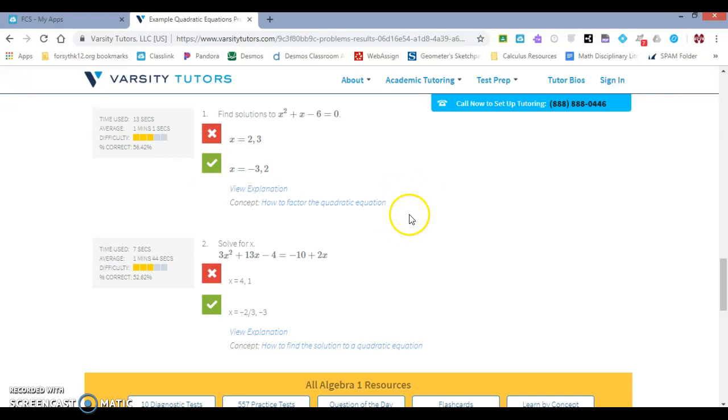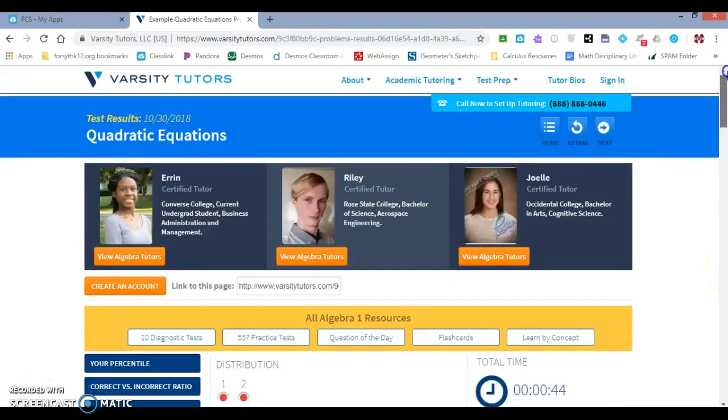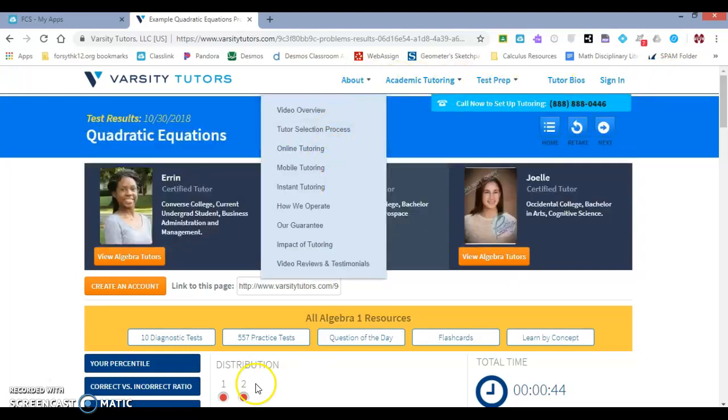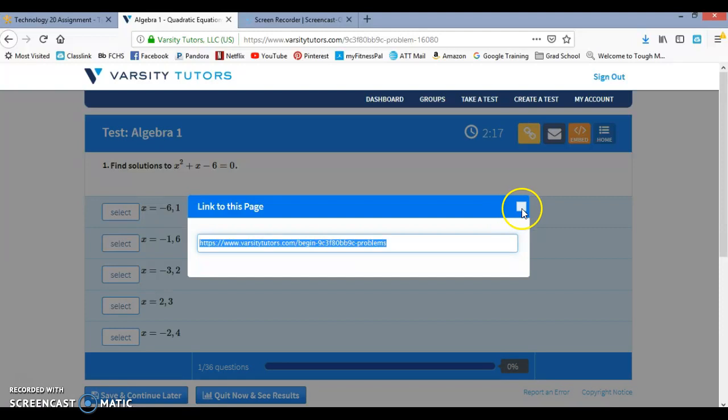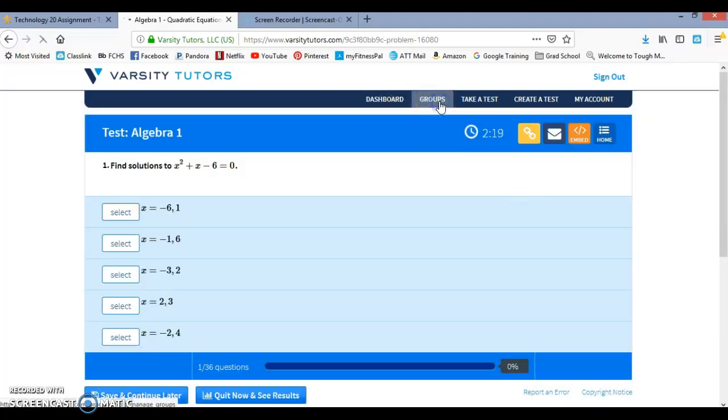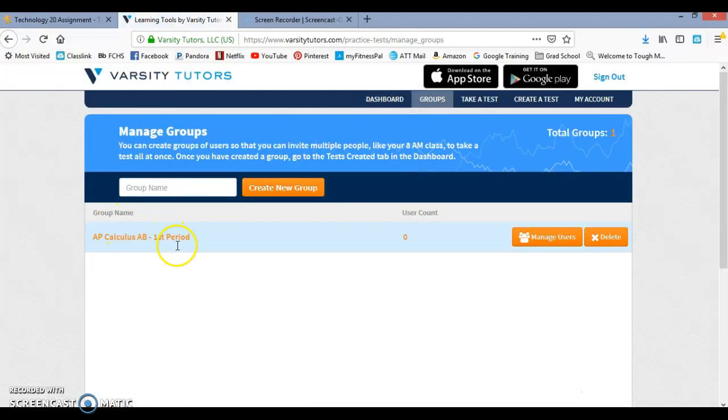If you just have that student that needs that extra practice, or is just struggling with one particular content area, topics that you've been talking about, you could assign them some kind of test in Varsity Tutors. The other option you can do, I'm going to go back to where I am logged in, is you can go in under groups and you can create different classes, and it will allow you to manage the different users